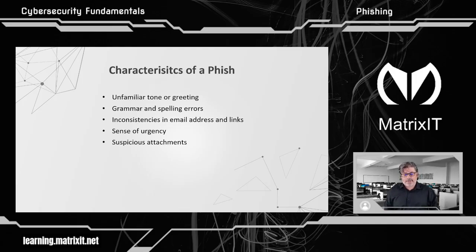Suspicious attachments. Sometimes that's a little bit harder to decipher. Some of them are plain as day. I got one from a friend of mine, and the email was kind of not him. It's too formal, but it was from his email address, I should say. And attachment. I found something that you might like to see, right? And something like a picture of a puppy or something like that. And this friend would never send me a picture of a puppy. So you kind of sit there and say, okay, well, the email's right, the grammar and spelling is right, but the attachment is not. Okay, so these are all pieces of the puzzle that we have to look at.